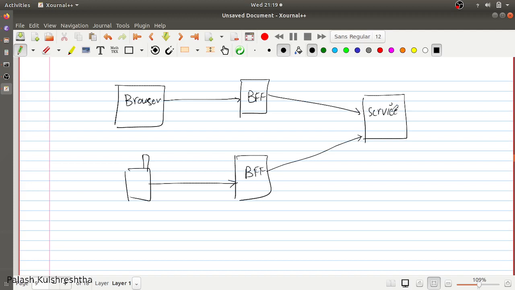In this case, any requirement which is particular to that interface only, or that front-end team only, can be handled at this layer.